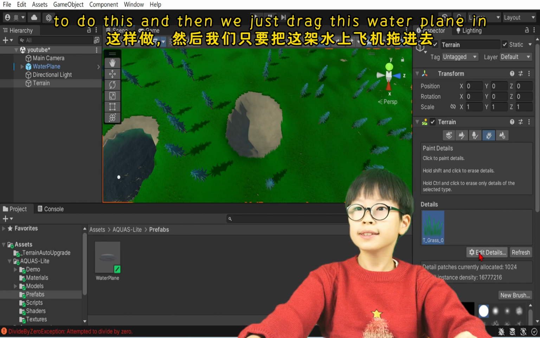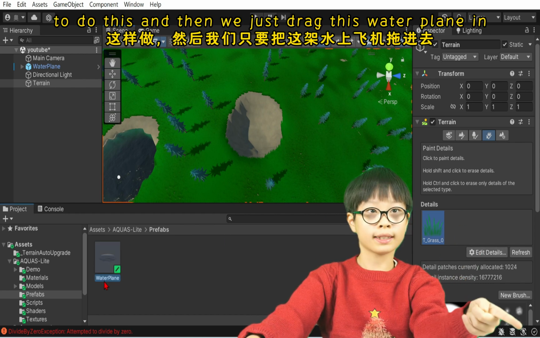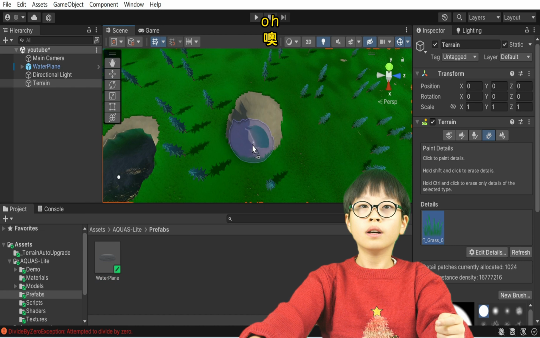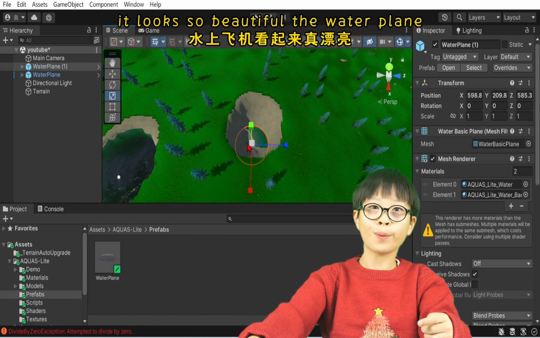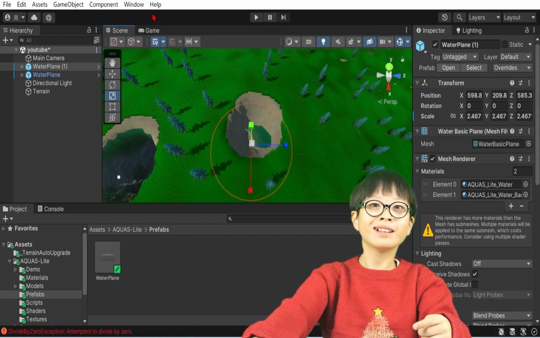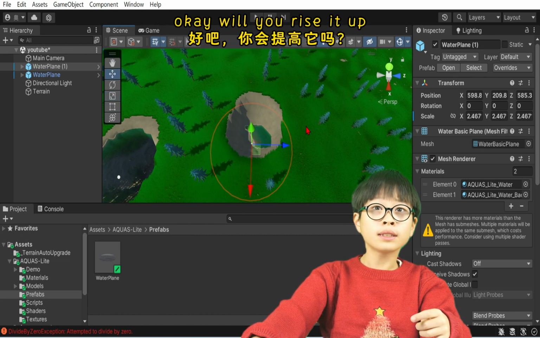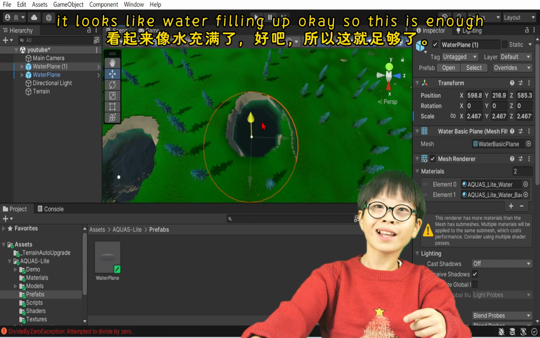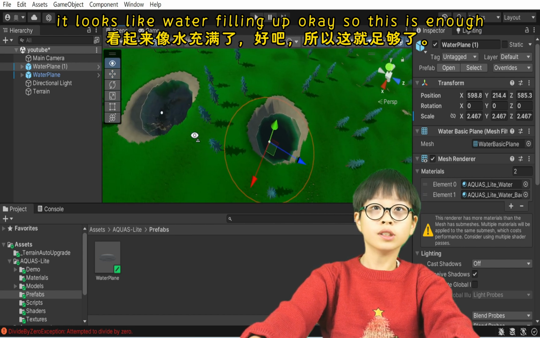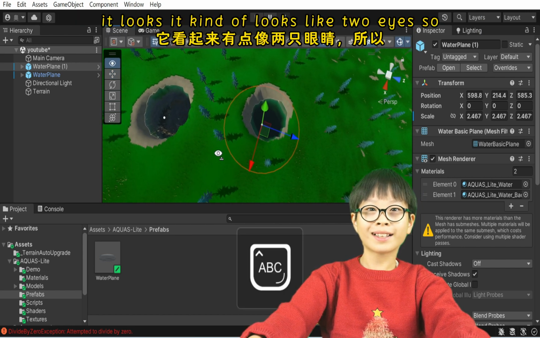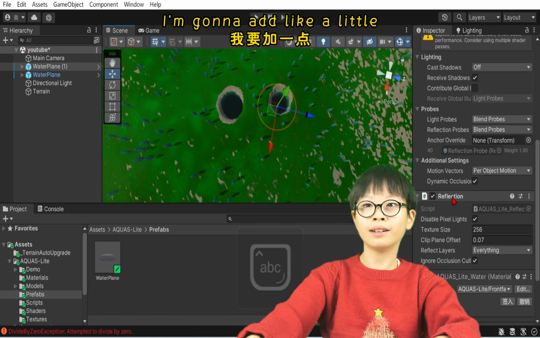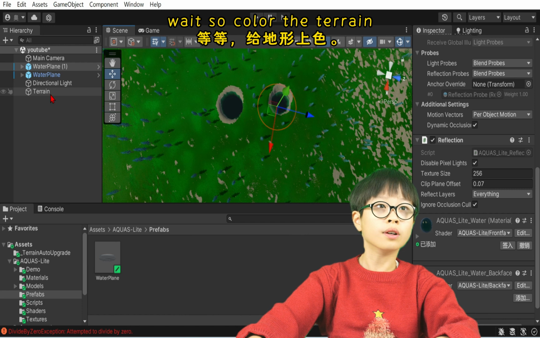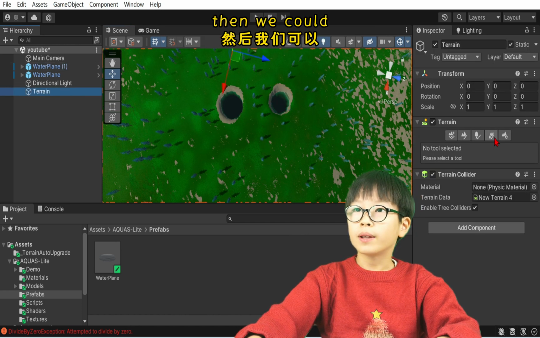To do this, and then we just drag this water plane in. Love it every time. It looks so beautiful, the water plane. Okay, we raise it up. It looks like water filling up. Okay, so this is enough. But it kind of looks like two eyes, so I'm gonna add like a little. Wait, so go to the terrain, and then we could